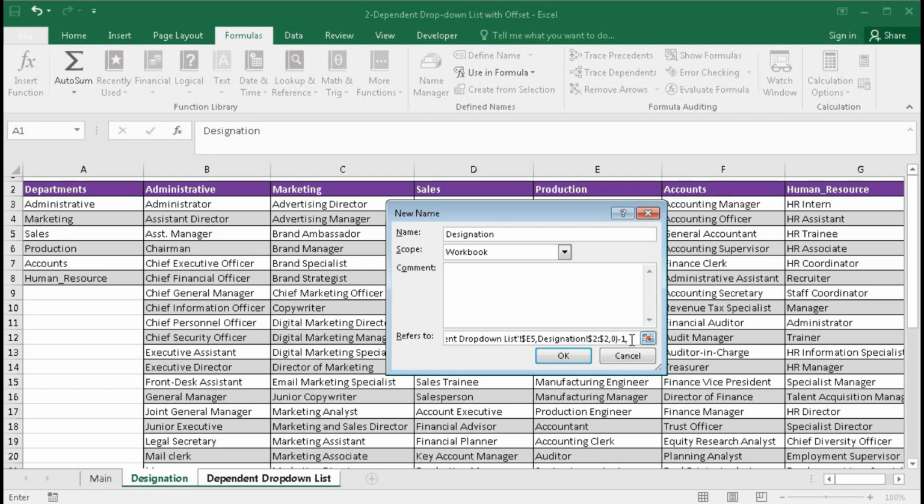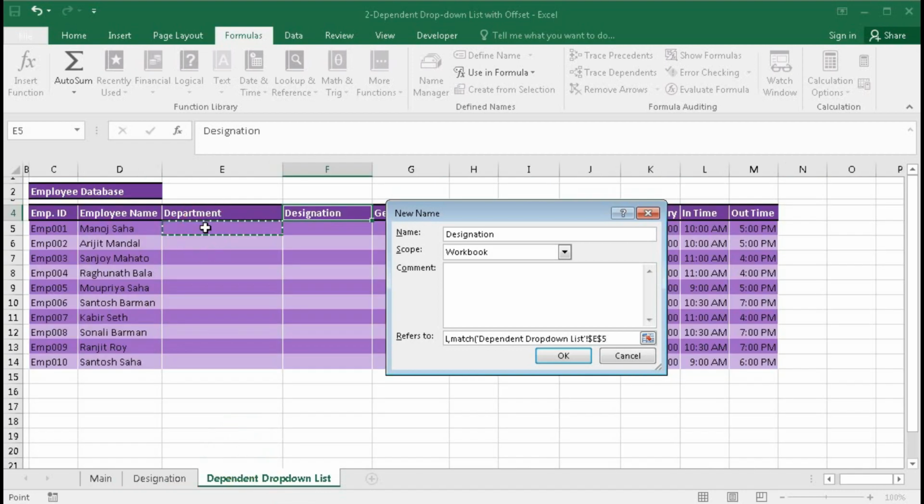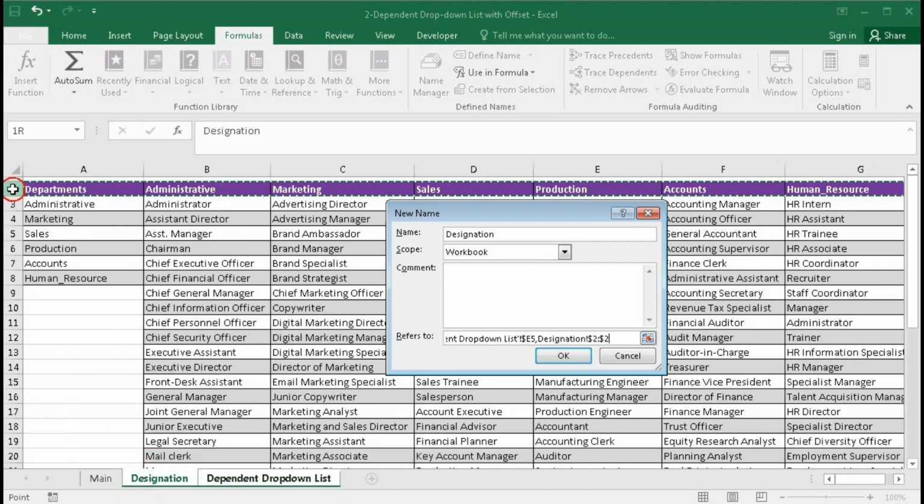So use here OFFSET bracket open, then our reference again start from here, comma, one cell down, comma, MATCH bracket open, lookup value will be this one, make it mixed $E5, comma, our lookup array will be row number 2, comma, for exact match 0, bracket close, -1.